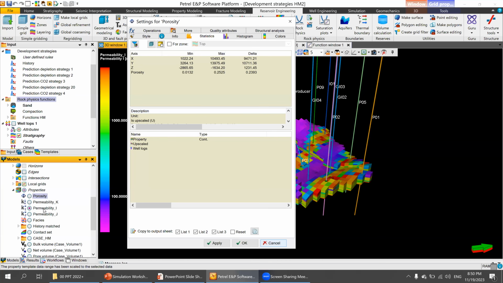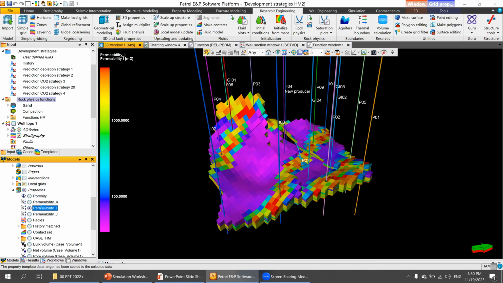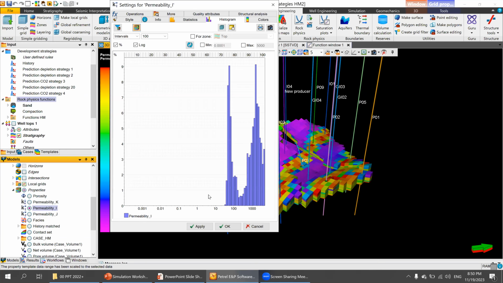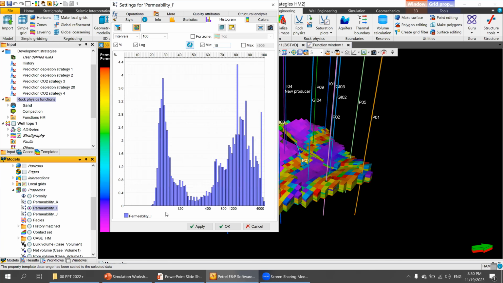Similarly, for permeability in I direction, permeability in X direction. So this is the distribution of permeability. As you can see, you can customize the scale of this property, say like this. So as you know, it means we have a bimodal system. We have two major peaks representing two major systems of the reservoir, low permeability and high permeability